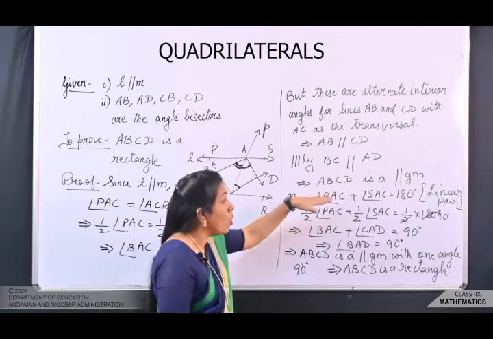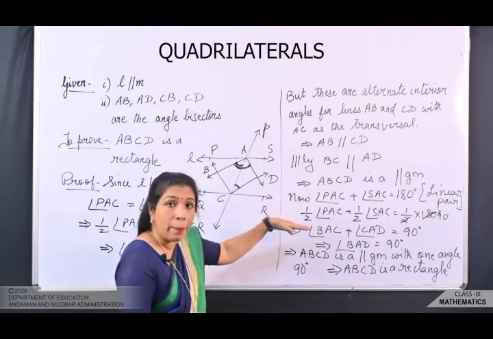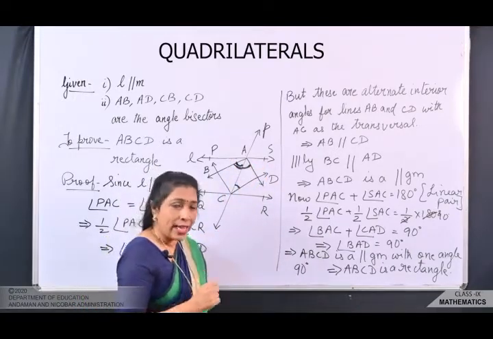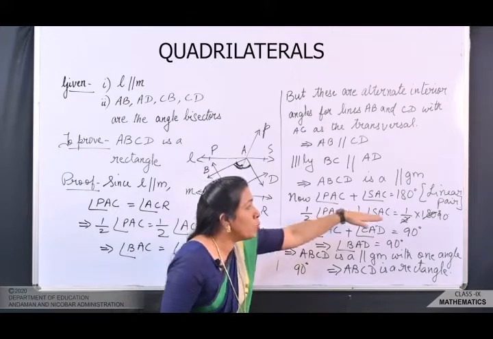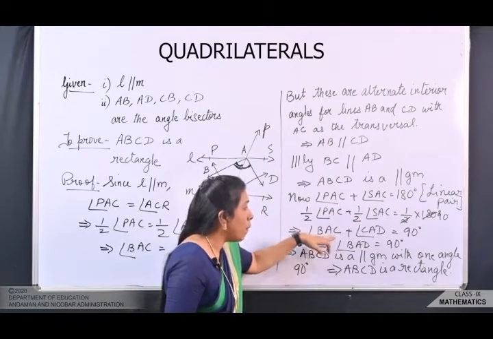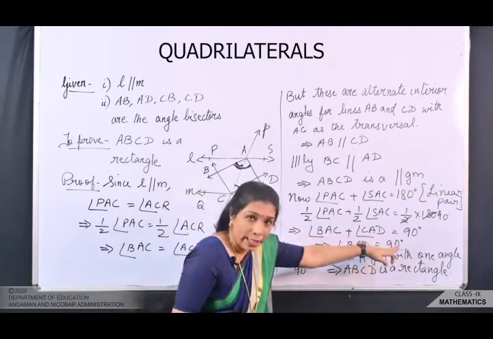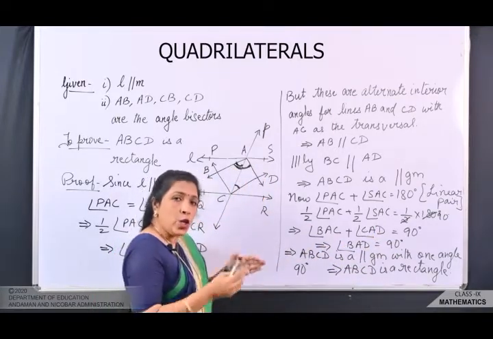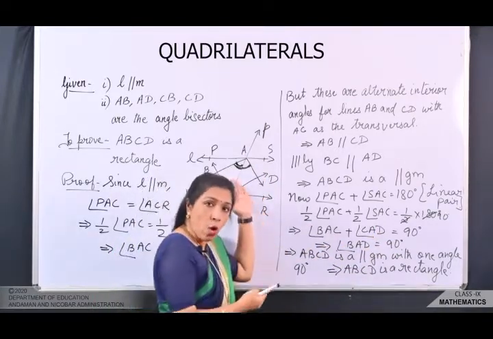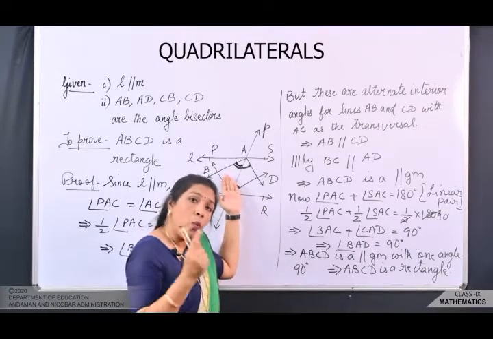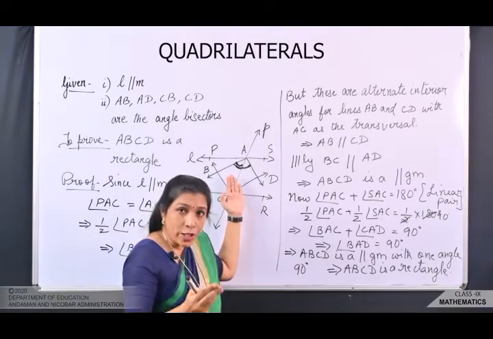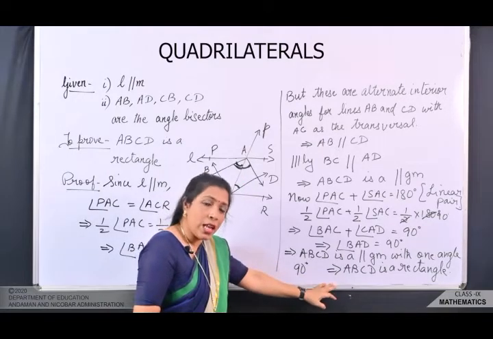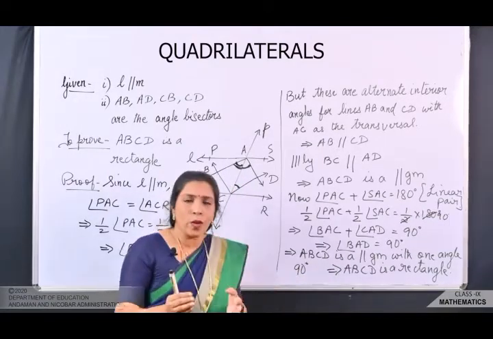Okay. Now, next what did we do? We took linear pair. Here, sum of these two angles is 180 degree, right? So, we have introduced half to both the sides. Hence, we got BAC and CAD is equal to 90 degree, which implies we are getting this full angle is 90 degree. So, we got that this quadrilateral is a parallelogram with one angle 90 degree, which implies ABCD is a rectangle. Okay, children. Now, same इसी तरह हम और एक question देख लेते हैं.